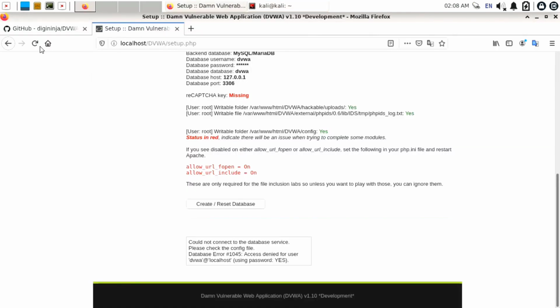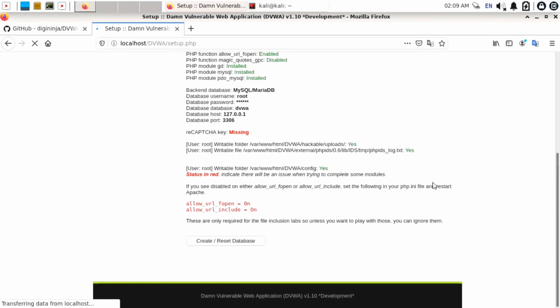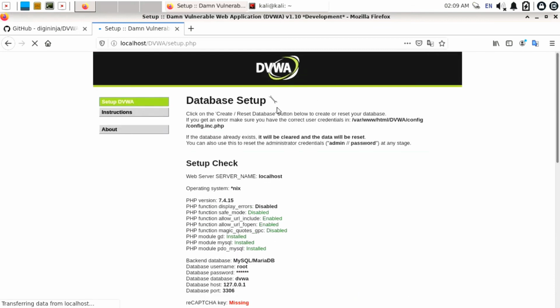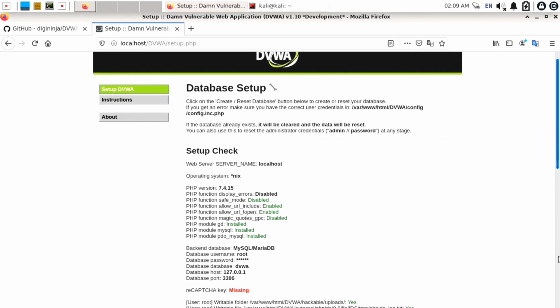Now let's try to access the page again. Refresh the page. Scroll down below and click on create or reset database. Just scroll down again.